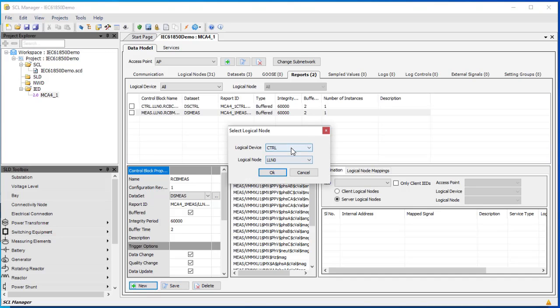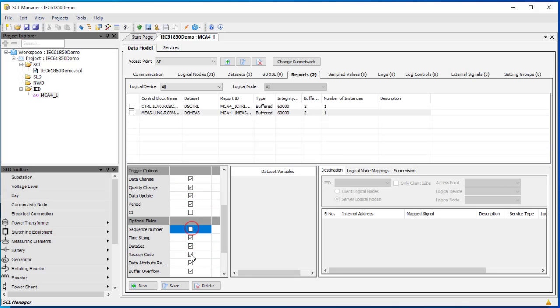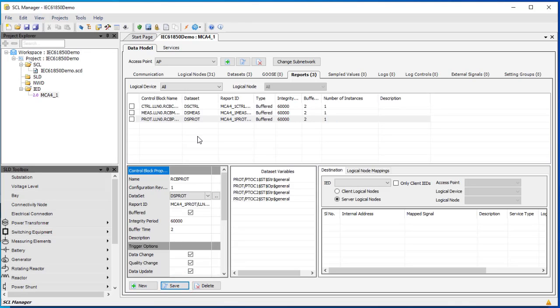We click on New. Prot for the logical device. RCB prot. Same as the other one. And we click on Save. Now we have created our 3 report control blocks. They are connected to our 3 data sets. From this point of view, we have finished our configuration